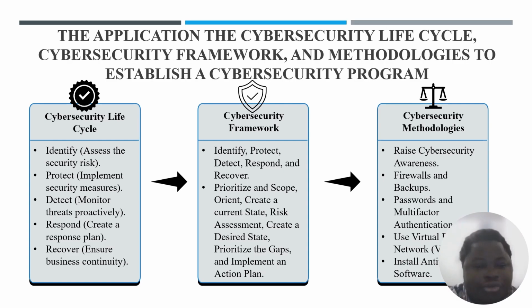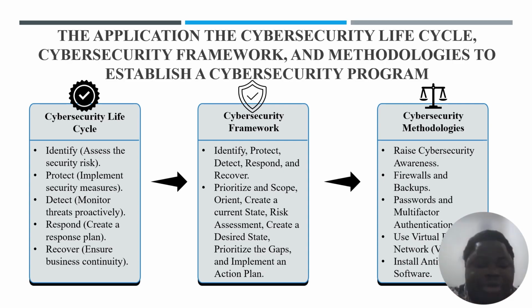In light of this, some of the ways in which the cybersecurity framework may be used to create a cybersecurity program that aids an organization's strategic and business goals include, first of all, identify, protect, detect, respond, and recover, which are part of this category. We also have prioritizing and scoping. We have the orientation. We have creating a current state, very, very important. We have risk assessments. We have creating a desired state,